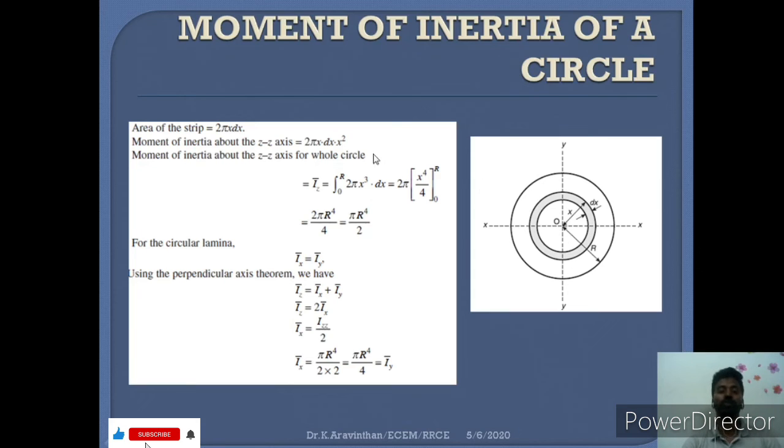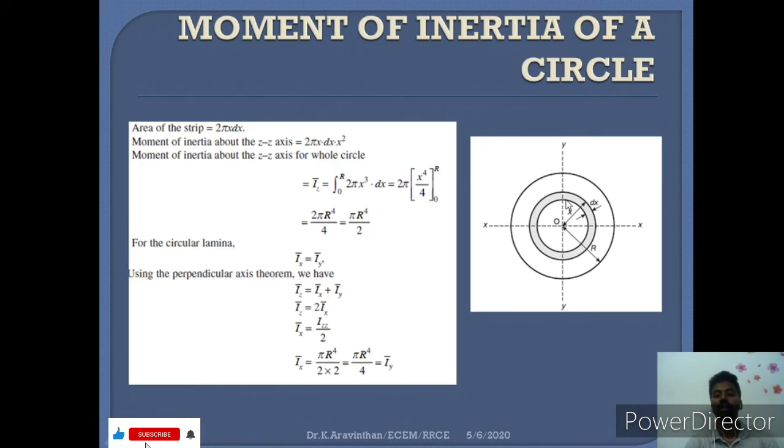Yes. So for finding moment of inertia, first you have to multiply area into distance square. Here the area is, how to find the area of a circle, which is 2 pi r, where r here is a small distance which is known as x. So 2 pi r into dx. So the thickness is dx, so we will get the area. So 2 pi x dx is the area, and the distance from the origin is known as x, and we will multiply x square, area into distance square.